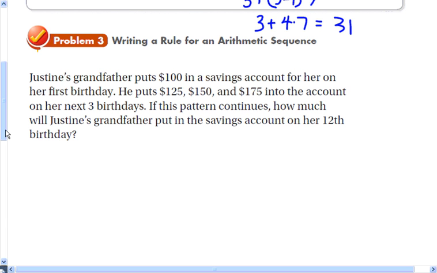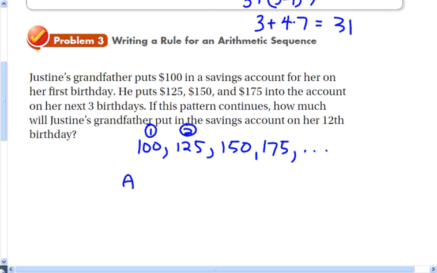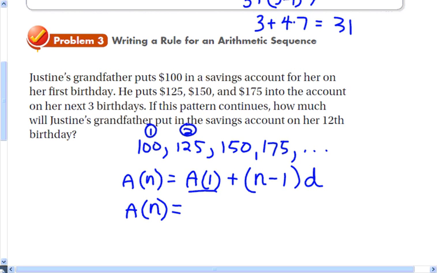So we're going to use that idea to write a rule for arithmetic sequence. So here we have Justine's grandfather puts $100 in the savings account for her on her first birthday. He puts 125, 150, 175 into the account on her next 3 birthdays. So on her first birthday, she gets 100 put in there. Her next one, 125. So this is her first birthday, second birthday, third birthday, fourth birthday. So we're going to write an arithmetic sequence for that using the formula. And the formula is a sub n is equal to a sub 1, which means the first term, plus n minus 1, n being the term number, times common difference. So to write this, we need to know the first term, which in this case is 100,